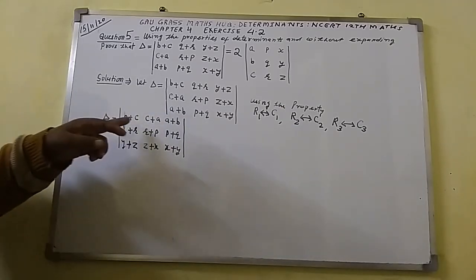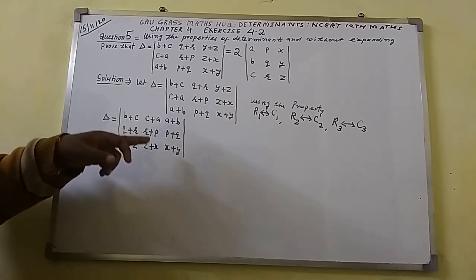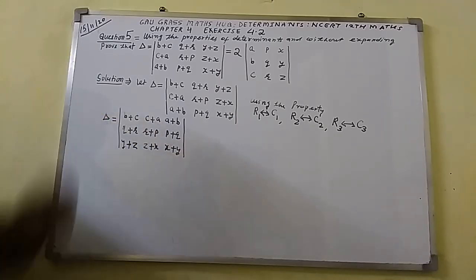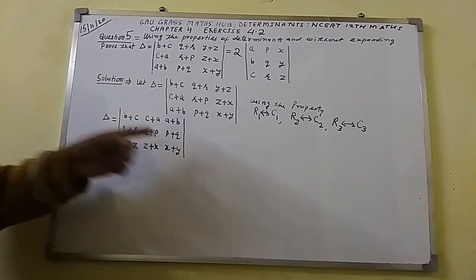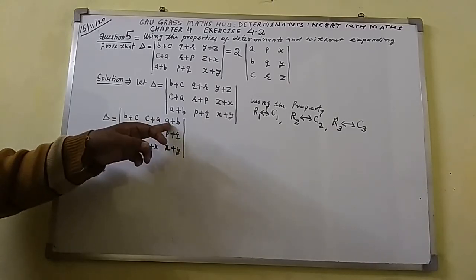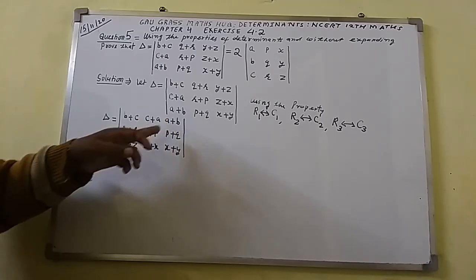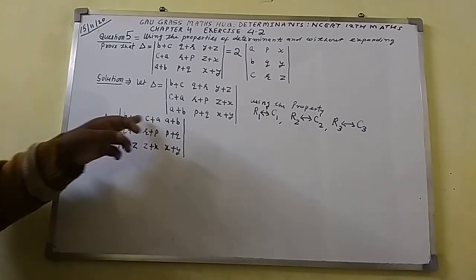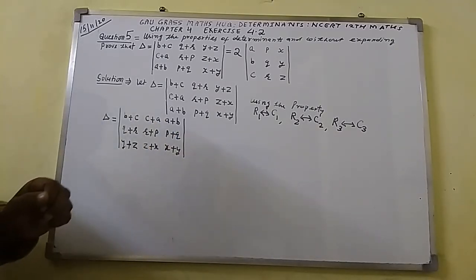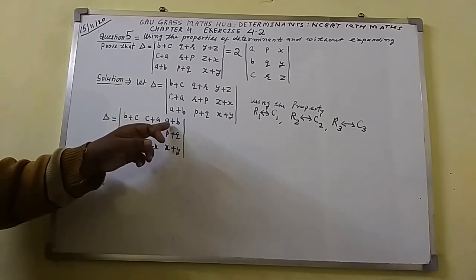Here you can see C C there, here E A is there. So my aim is that only take single element. Here two elements are there. So I have to take only single element in this case. So what you have to do here? This is C3. If you take C3 minus this one, A will be abolished, and C3 minus this one, B will be abolished. So you will get here double of C.